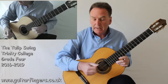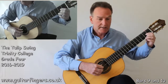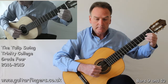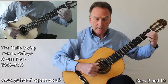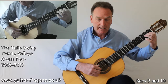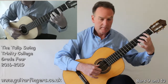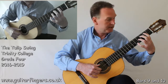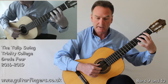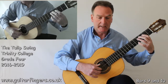The first section repeats again, of course, but we have a different ending from the first ending. So we get the same again, 2 and 1 go down. This is bar 9. There's my G sharp, index playing the D now, E, A, bass run, finger 1 plays the B, finger 2 plays the B sharp, which we know as note C, but we'll call it B sharp, because we're going to C sharp afterwards. So we get,